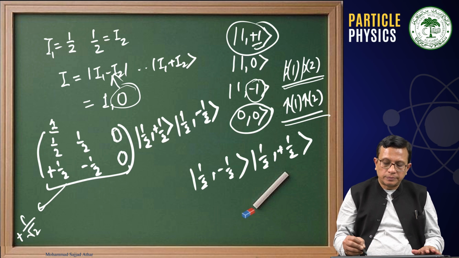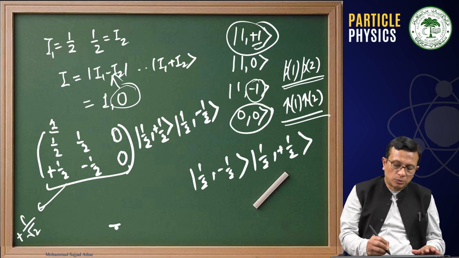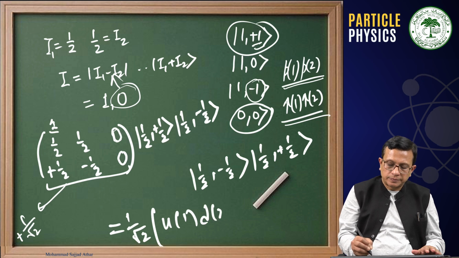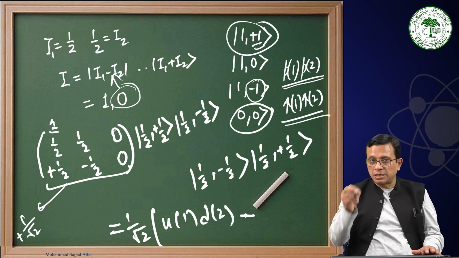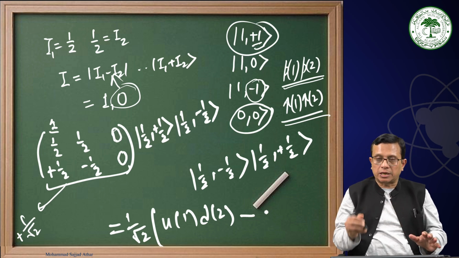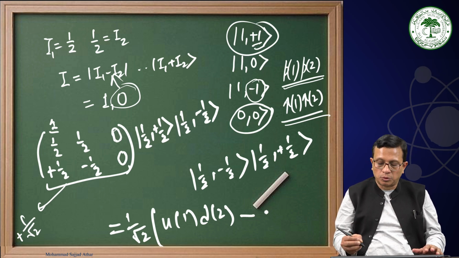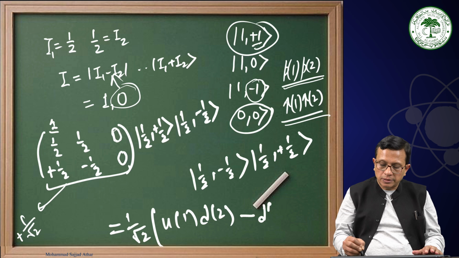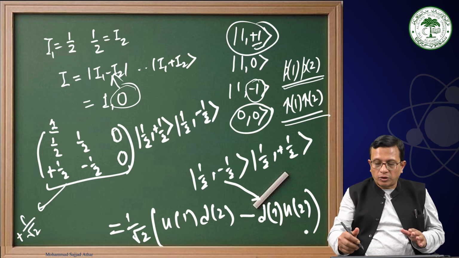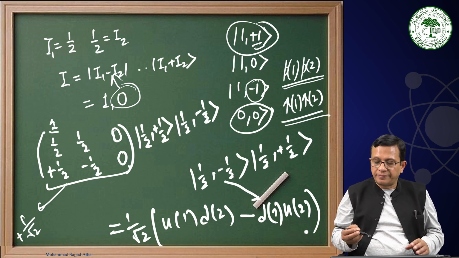u1 d2, 1 by root 2 u1 d2, and then minus sign. This is arising because of the fact that for the second part the Clebsch-Gordon is minus 1 by root 2, minus d1 u2. Therefore, what you are noticing, that for the four states we have